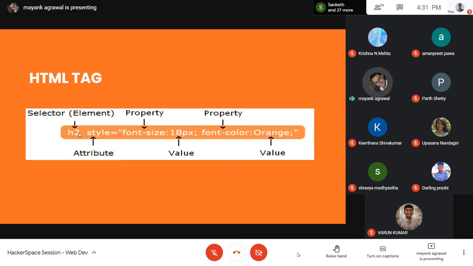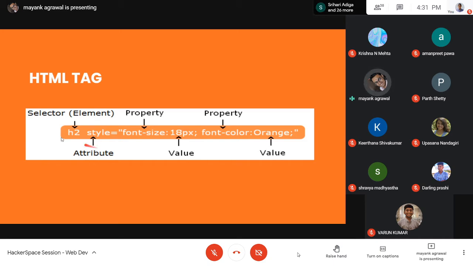After this, you can also see over here is the attribute. Mostly all the tags in HTML have an attribute. What an attribute means is that it just provides additional information about the element.